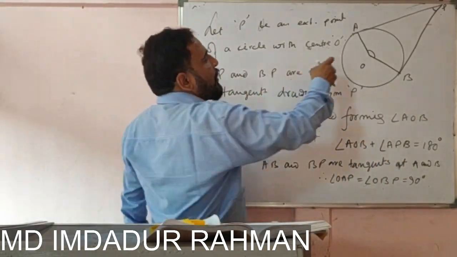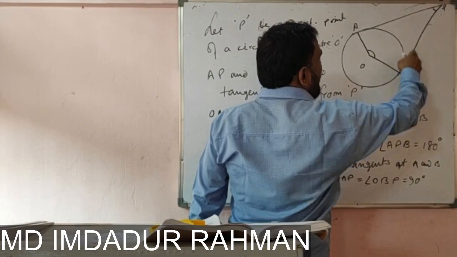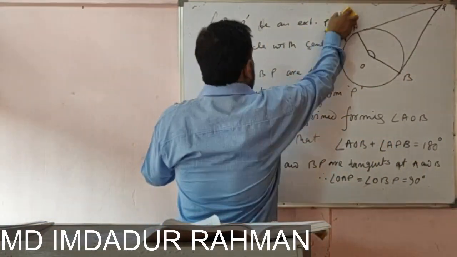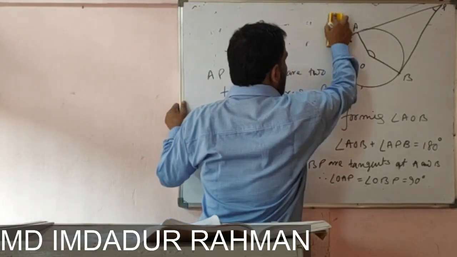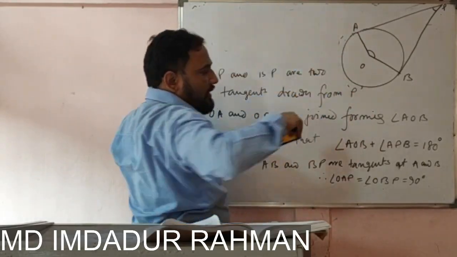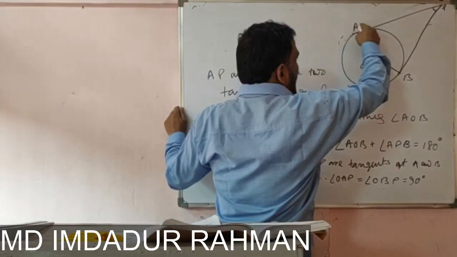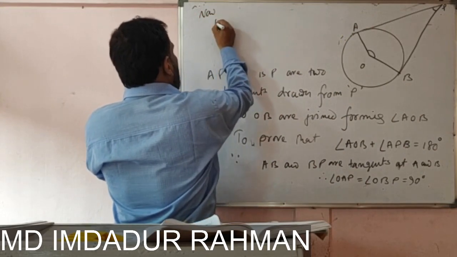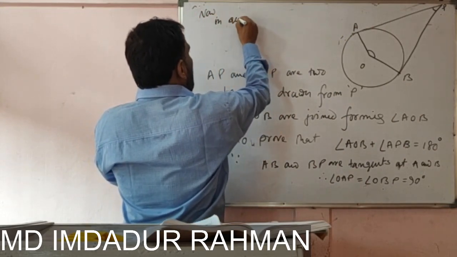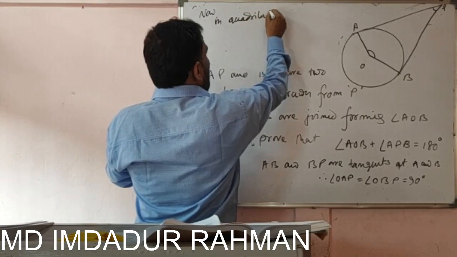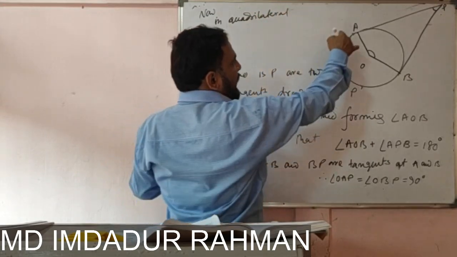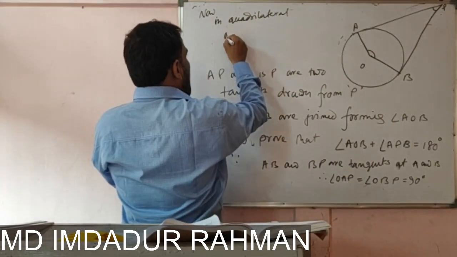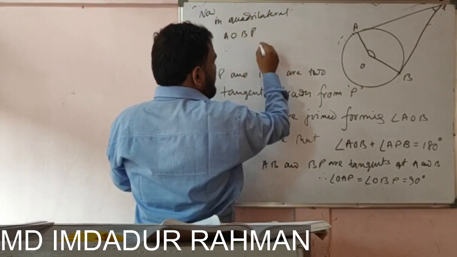Okay, since OA is perpendicular to AP and OB is perpendicular to BP. So now, if we consider this quadrilateral AOBP, in quadrilateral AOBP,